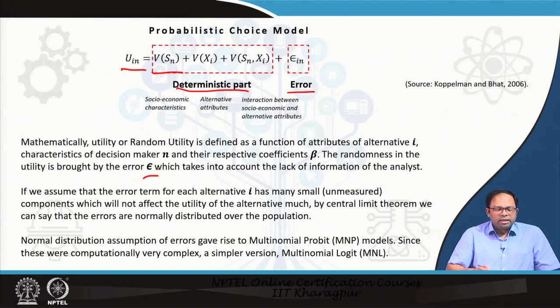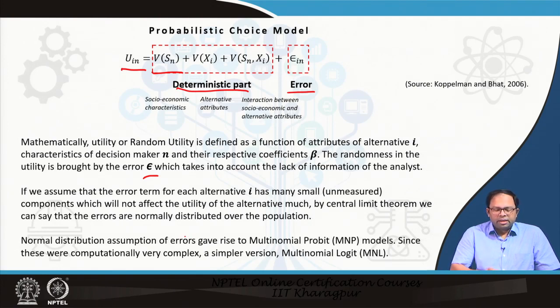And we assume, based on the assumption that we make with the error term, that the error term for each alternative I is very small, and it has many small components which will not affect the utility of the alternative much. And by the central limit theorem, we said that the errors are normally distributed over the population. We can say that, but we have already learned that we do not, and if we use the normal distribution,